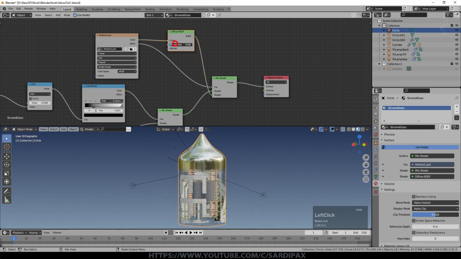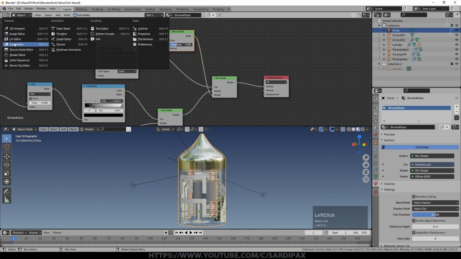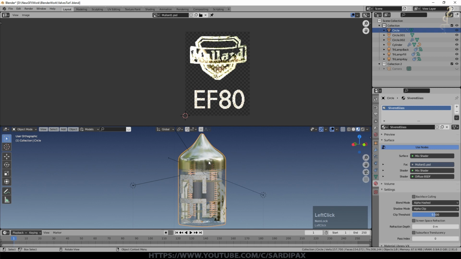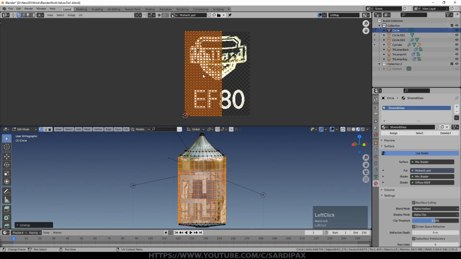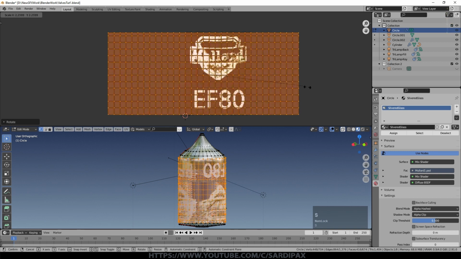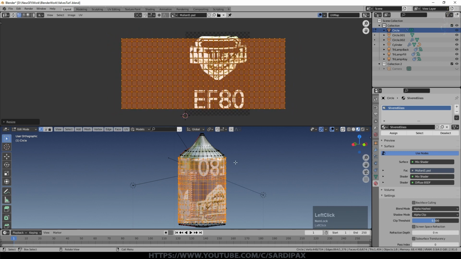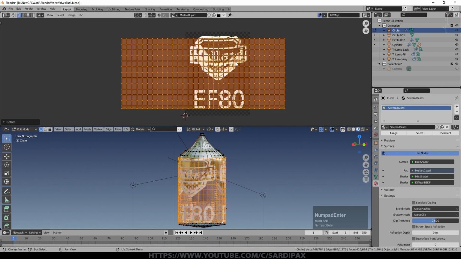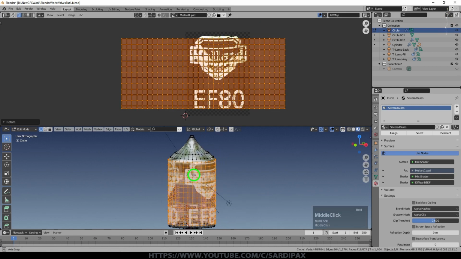I added some roughness to it as well because I thought the ink or paint of the label or the decal probably wouldn't be quite as shiny as the glass. So we now go over to our UV editor, go into edit mode. We can see that our shape is both the wrong way around and way too big. So let's rotate 90 degrees and then scale up. Now you can see we've got another problem happening, and we've gone the wrong way. So I'm going to rotate 180 now. But you can see the label's repeating at the moment.